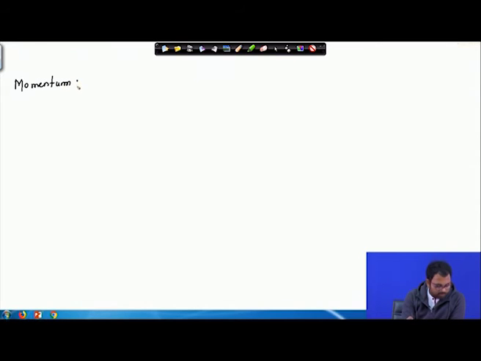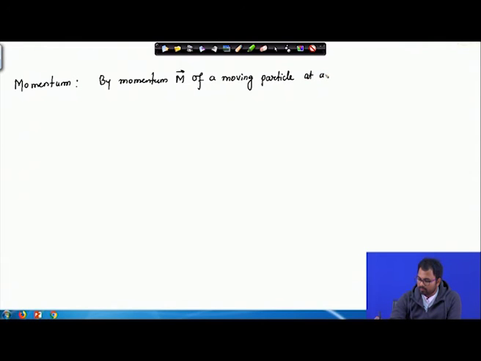The definition you must remember: by momentum M, capital M, which is a vector, of a moving particle at any time, we mean the vector m times v, where